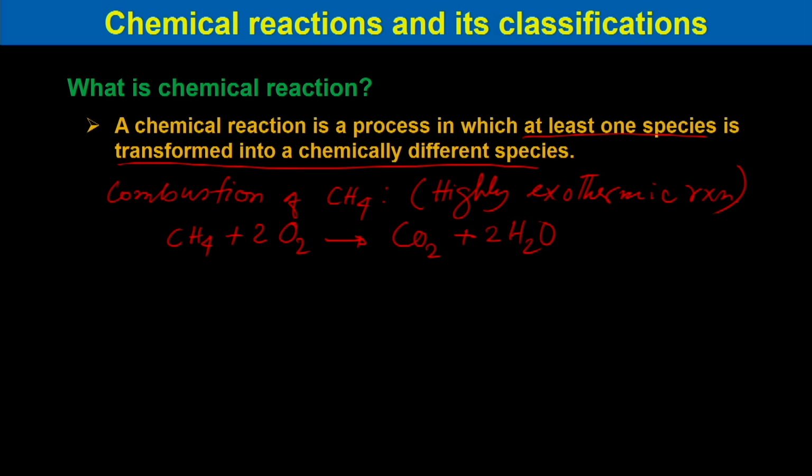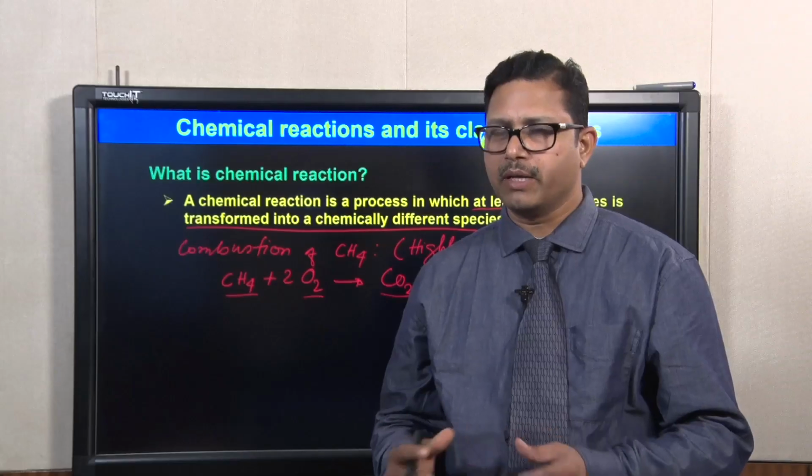But as you could see, the number or type of molecules may change. That means, you can see that the total type of molecules, earlier we had methane and oxygen, which is converted to carbon dioxide and water vapor. So, the type of molecules has changed after the chemical reactions. However, their constituents or the building block materials remain the same.